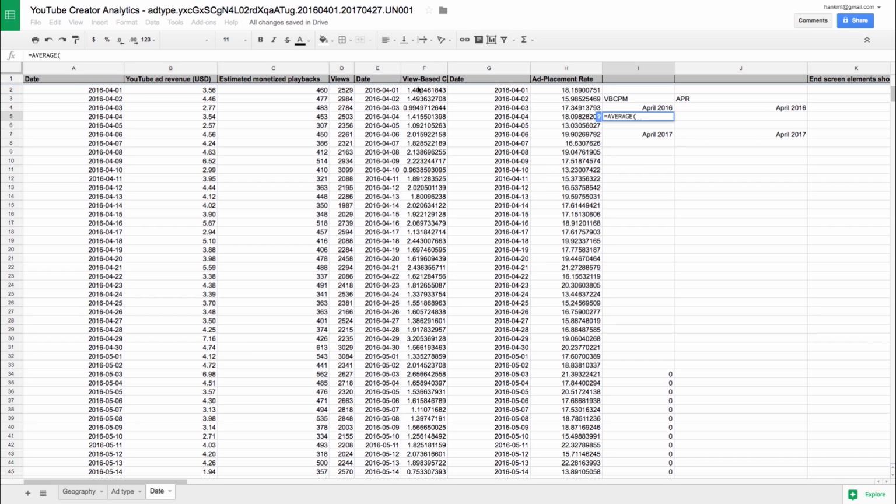And then you'll highlight your view-based CPM from April 1st. And I'm going to do it to the 26th because that's as far as I have data. I want to do basically the same dates from last year as this year. Last year, I, of course, have beyond the 26th, but this year I don't. So I'm just going to do it up to the 26th, push enter, and we see that the average view-based